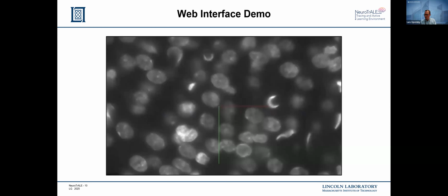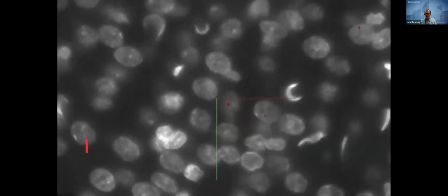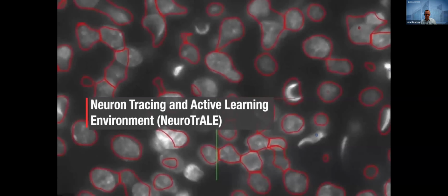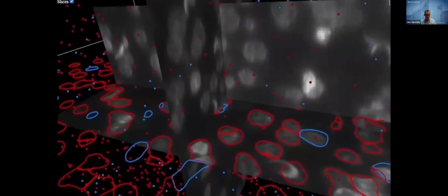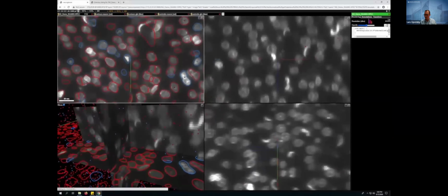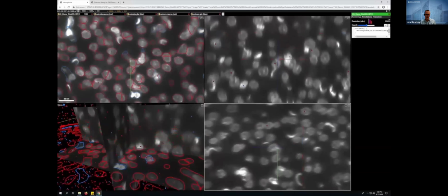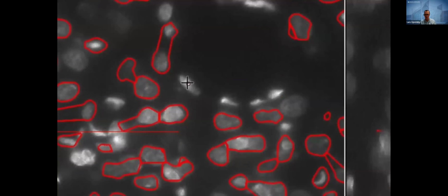So this is a quick demo just to show a few capabilities of NeuroTrail. The tool displays large-scale microscopy images of neurons in 3D, and then the AI algorithms generate segmentations of the neurons in the tissue, which users can then edit, manipulate, and correct and search for patterns in the data. In the 3D view, users can also